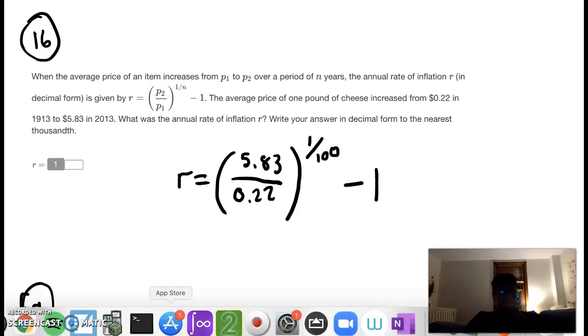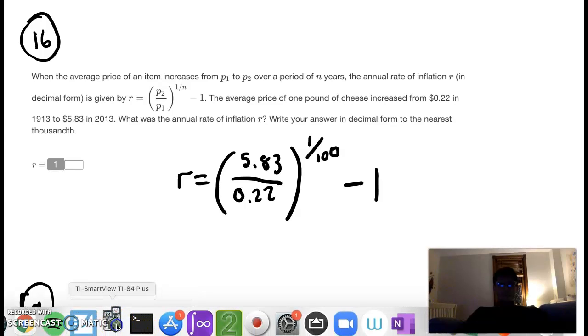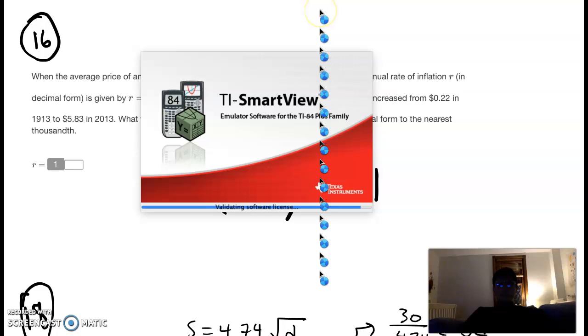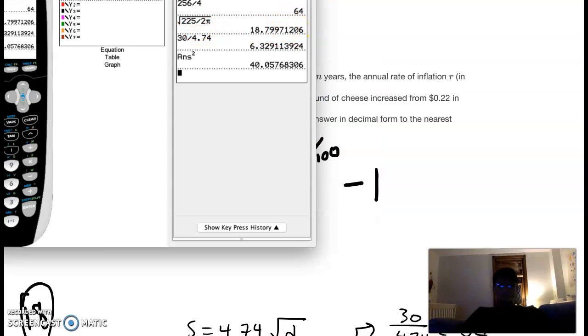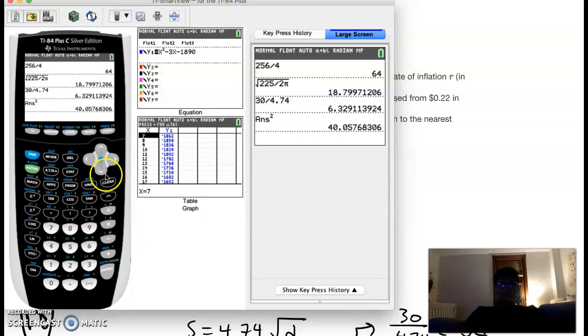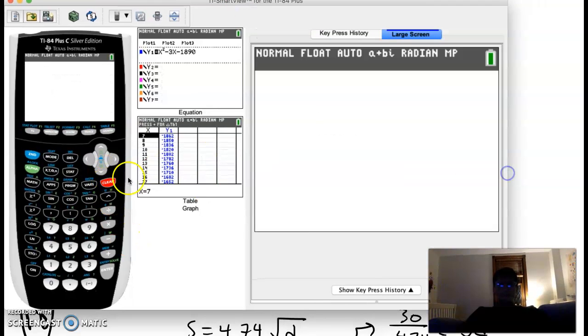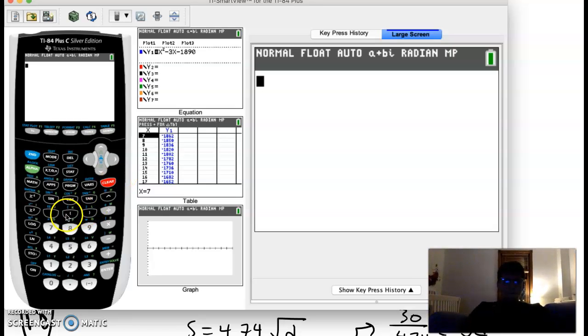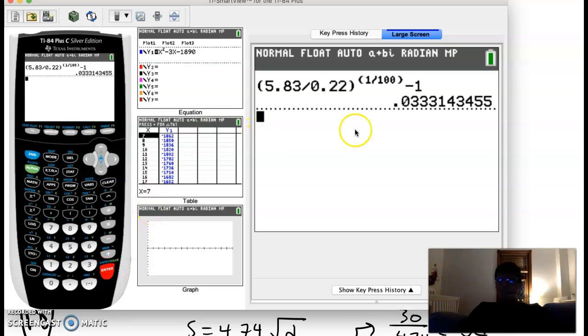So basically now we just go to our calculator and I could put in precisely that. So 5.83 over 22, 583 over 22. Let me clear this out, make this bigger so you can see. So parentheses 583 over 22 cents, 0.22, to the 1 over 100 power, minus 1 would give me